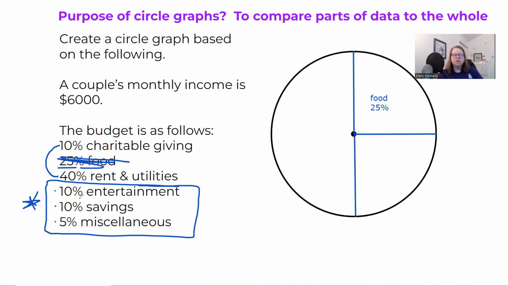Doesn't really matter which order you want to do that in, but I'm just going to think, okay, well, if this is 25%, if I was to split that down the middle roughly, half of 25, 25 divided by 2, is 12.5. So if this is about 12.5 and this is about 12.5, and I need 10 and 10, then